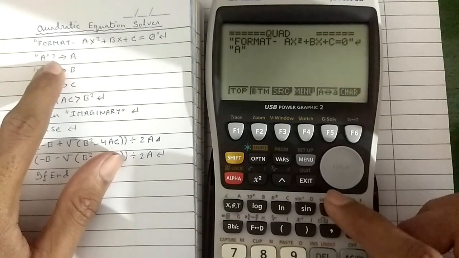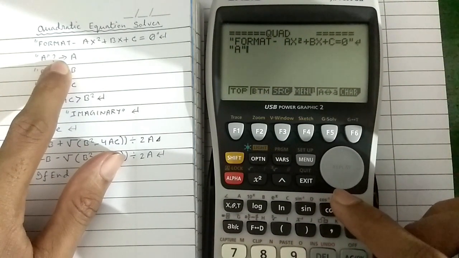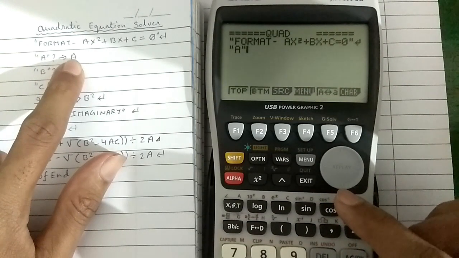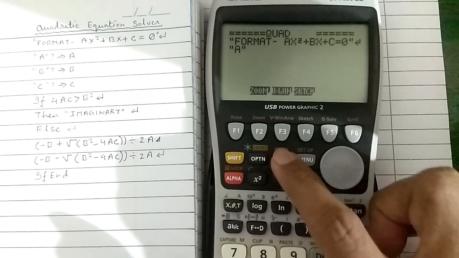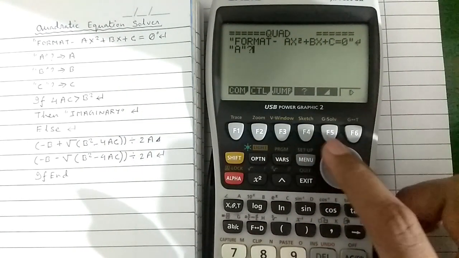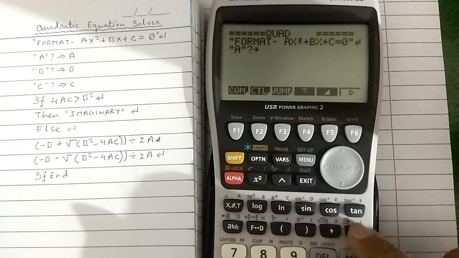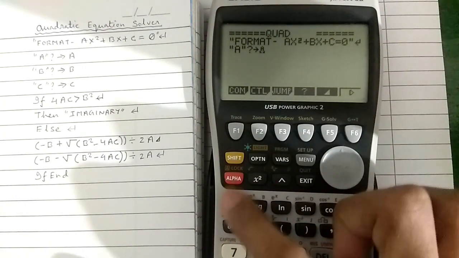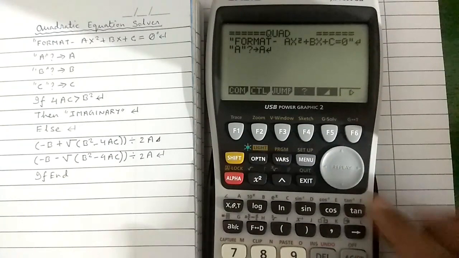To get this question mark symbol, also called the input operator, which accepts an input from the user and stores the value to the variable, press shift and verse button and then F4 for question mark and this button for arrow symbol, which is called the store operator, which stores the input value into the corresponding variable. Here the variable is A. Similarly for B,